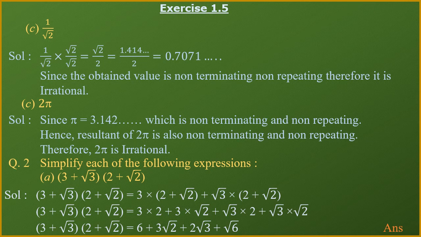the root of 6. And hence this is my answer, because all the four terms are different apart from each other, so we cannot add any of them. Hence this is the simplified answer of my question. How to add such kind of like terms and unlike terms, how to deal with them, that all will come in the further parts. So let us see the second part now.